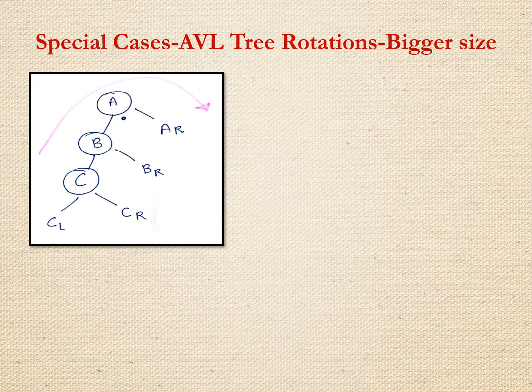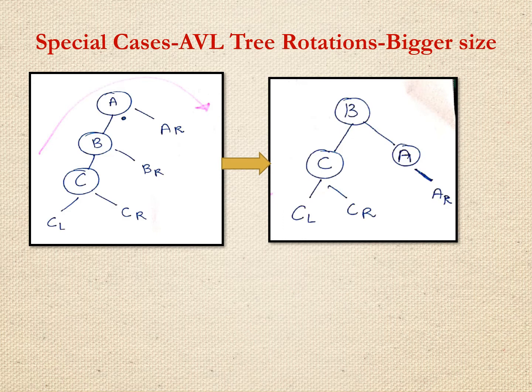We have to shift A to the right, and then B will become the root node and C will be in the same position. But let us see if we have some problem while doing the rotation. So we are doing the LL imbalance. So B will then be the root node and A is shifted to the right. So your A node is as it is and C is in the same position.